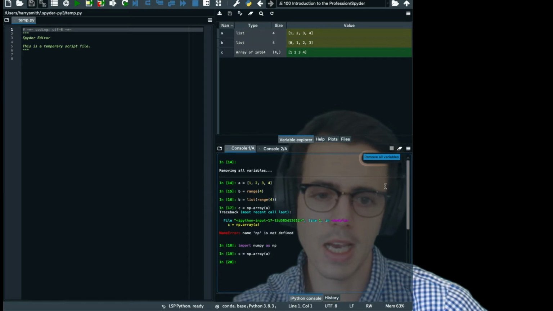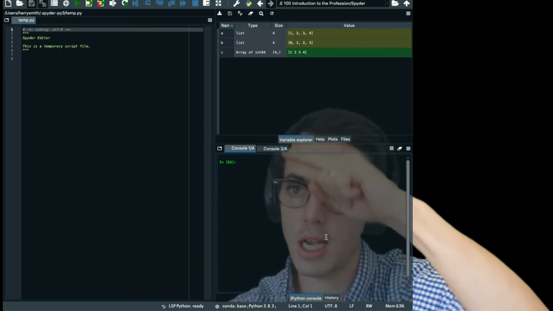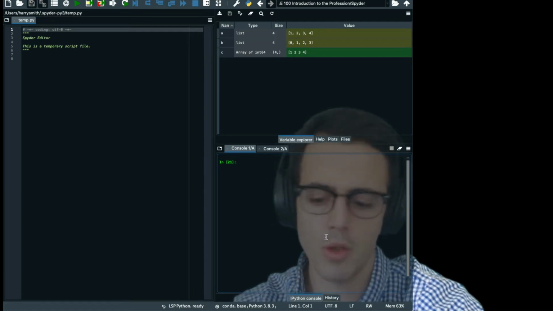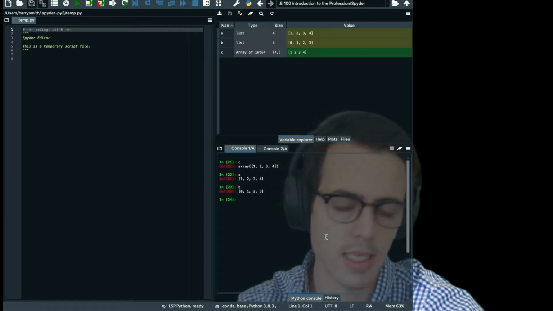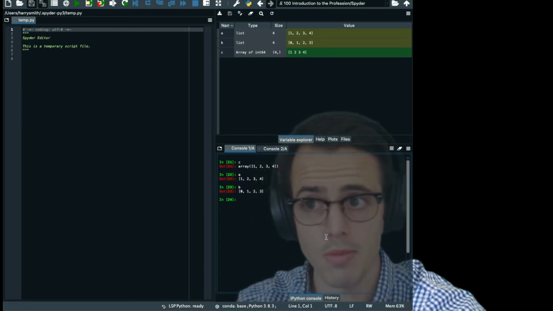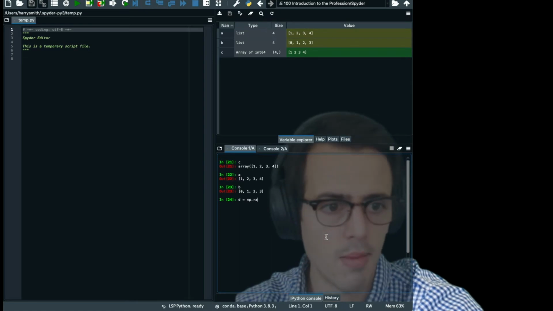I suspect now, let's just do clear a second. So I've got a clean terminal window. If I try, I can see what C is, I can see what A is, and I can see what B is. And I can also use the other inbuilt things within NumPy. So I could say D is a NumPy